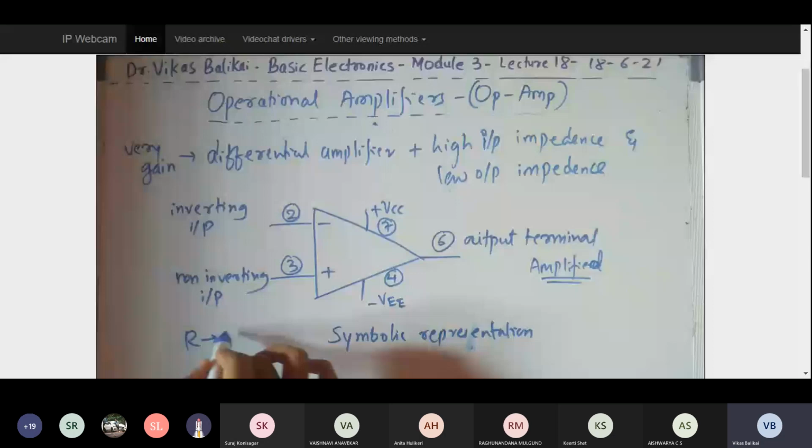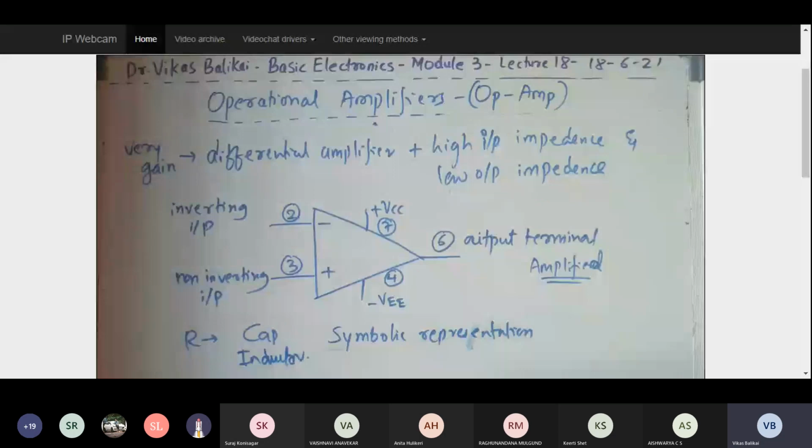But what if my capacitor also opposes the flow of current, and what if my inductor also opposes the flow of current? And what if other components present inside my IC also oppose the flow of current? In that scenario, I won't be calling it resistance. I'll be calling it impedance. So in one or the other term, impedance means opposing the flow of current. In simpler terms, it is nothing but resistance only. But impedance will include the resistance, capacitance, as well as the inductance. So altogether, if any component opposes the current flow, then we call it impedance.